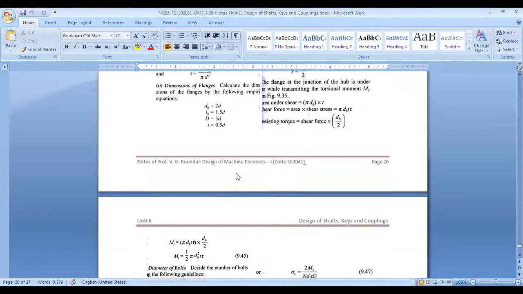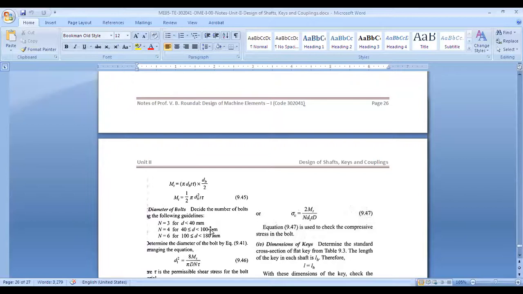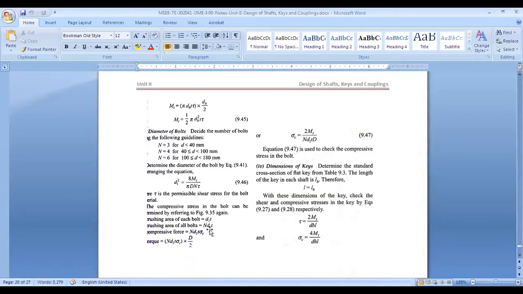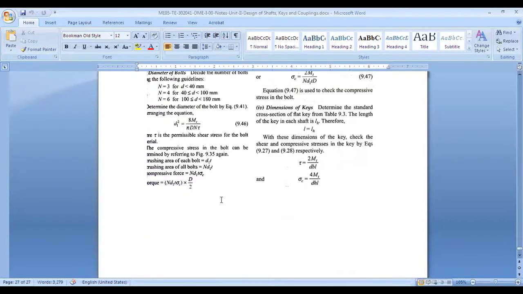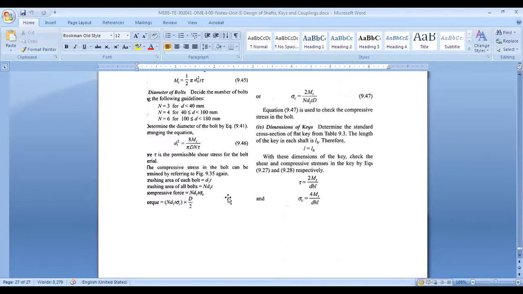Actually, I am going to recap this again while I'm taking the numerical, but I just wanted to show you guys the formulas. Now I will again go through each of them, step by step, what are the different failures we need to check and how to check them, and then we'll take a numerical. Okay, so I'm shifting my focus now from the Word document to a video. So let me just stop sharing this.